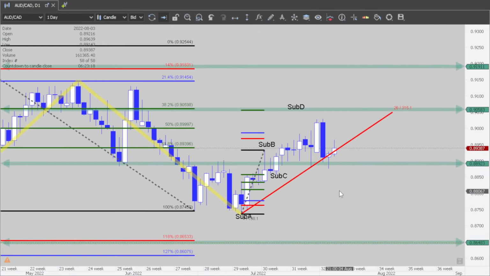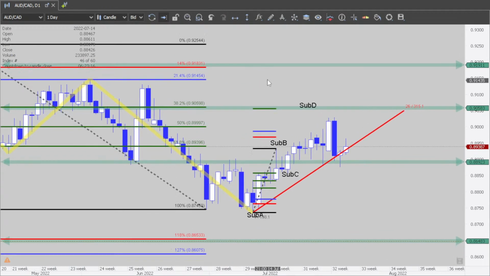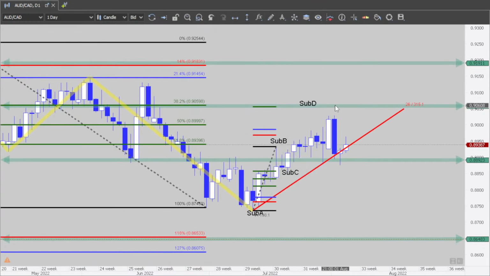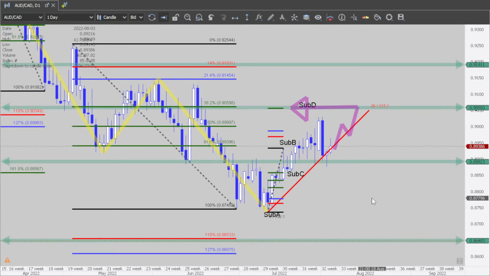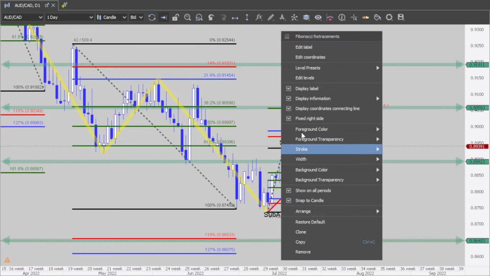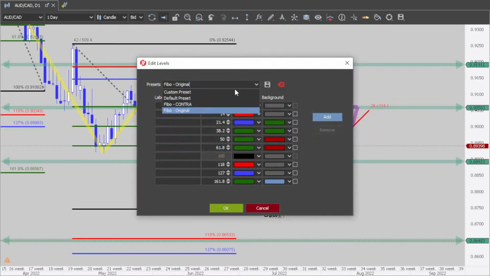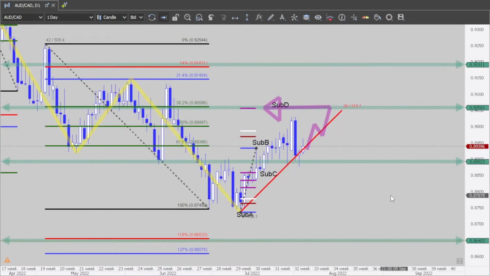Okay, now probability wise, right? Here is the question: can we, or should we, or do you want to trade a retracement? There is no right or wrong, everybody. You can use the Contrarian Fibonacci to trade retracements. Okay? Now,